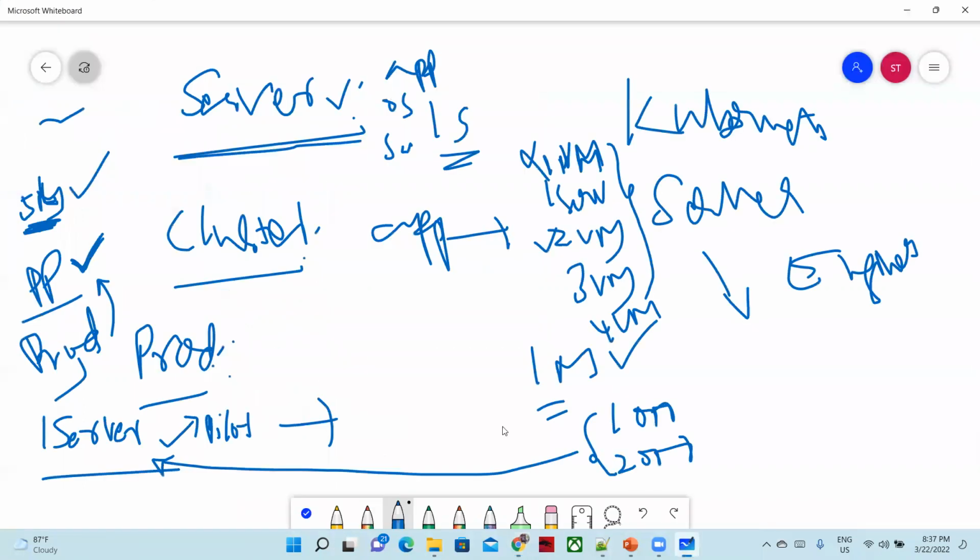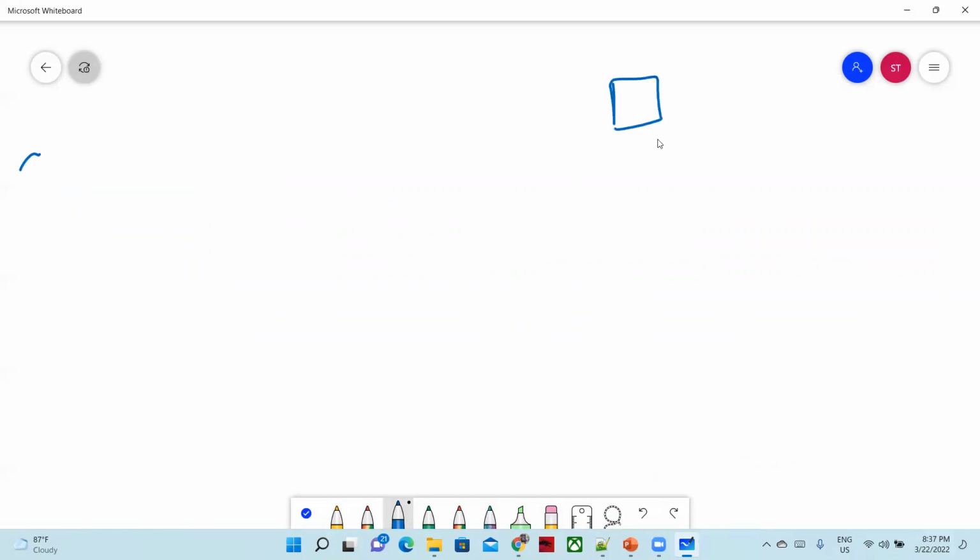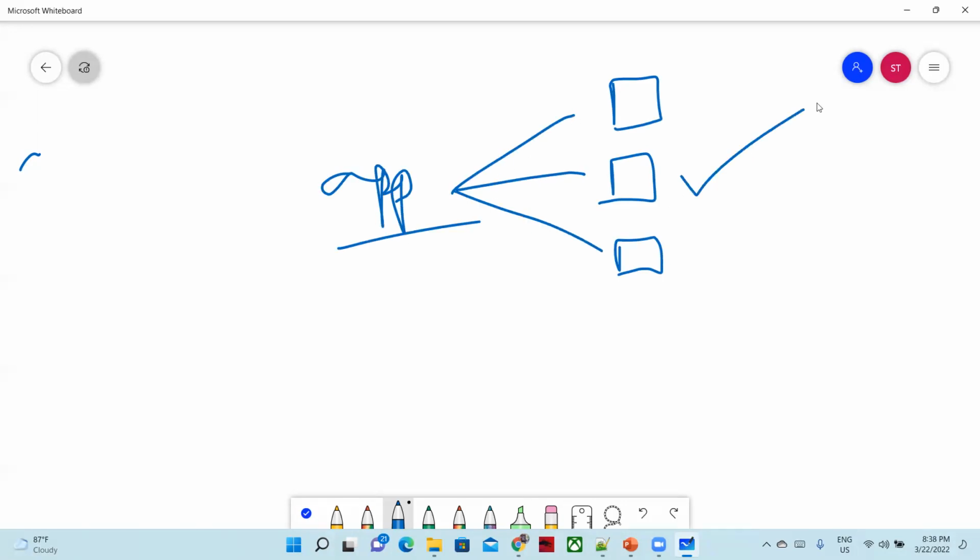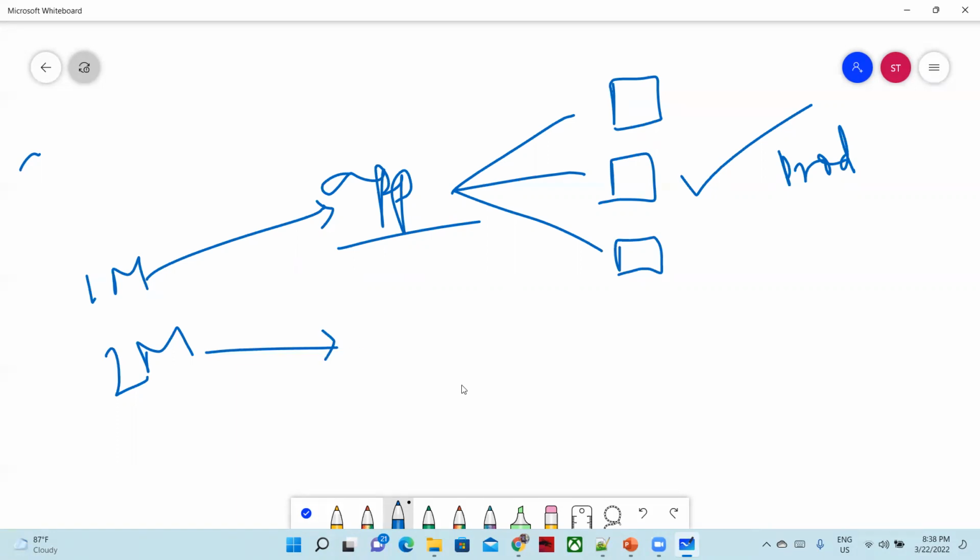Same kind of structure means, I need to explain it. So I have 3 servers already, meaning 3 virtual machines or 3 pods, whatever you can call them. This is my application. This application is deployed here, here, and here, working fine in my production. Suddenly a spike happens. Already a couple of times I told you what a spike means. I have 1 million transactions using this application. A sudden spike happens, and 2 million users are using it. What happened? Based on the auto scaling option in GKE, it has to add 3 more